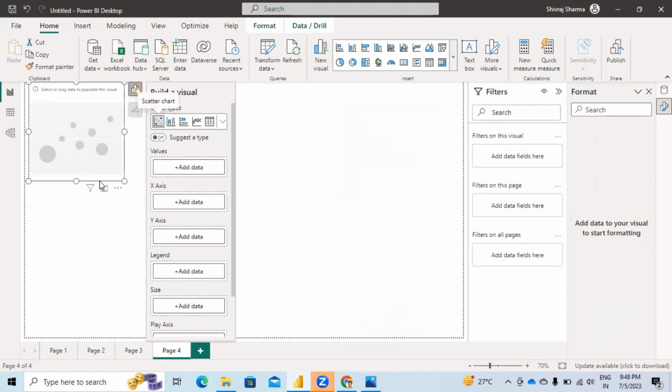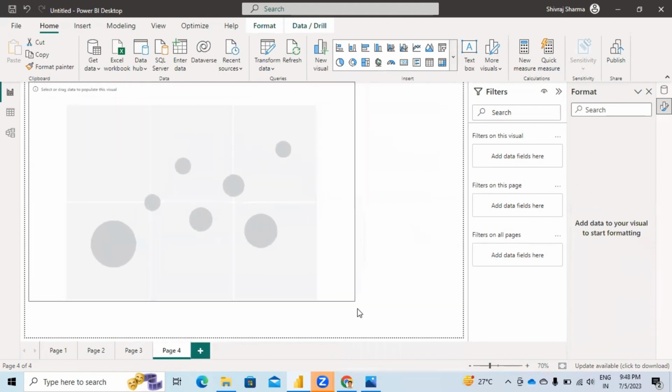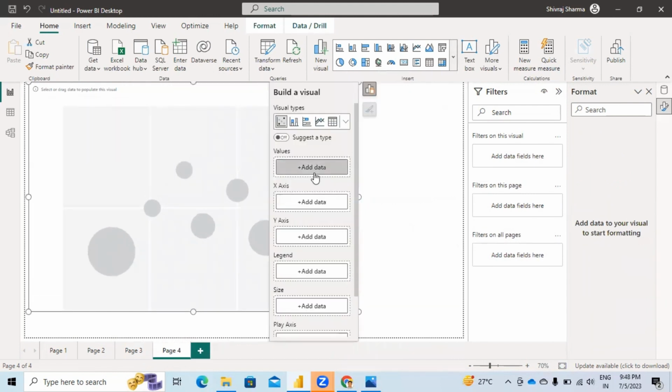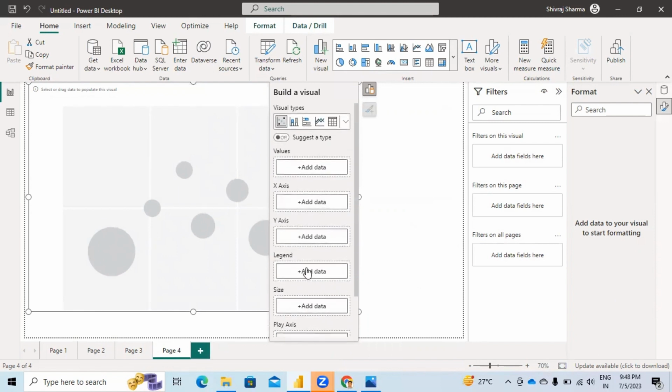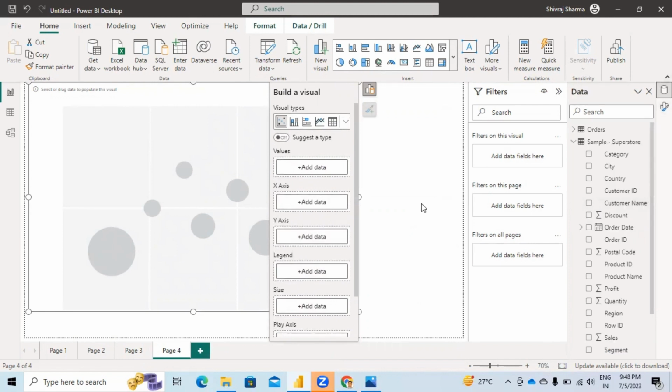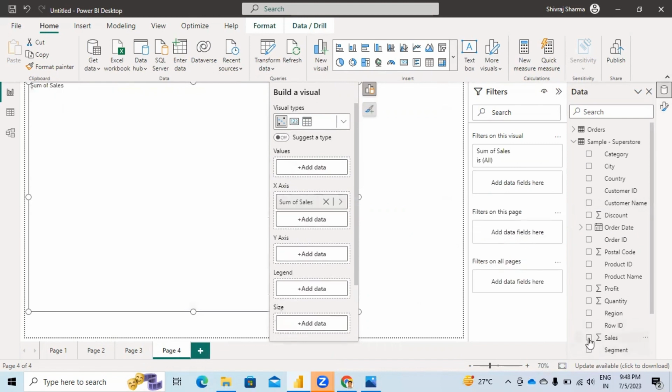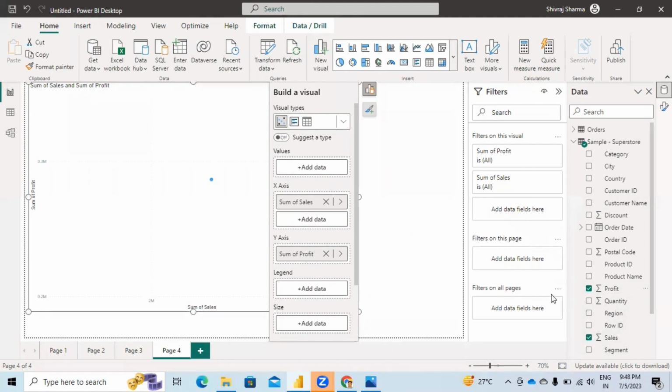So scatter plot, let's see. The value X, Y, legend, size, play axis, and the tool tips. Okay. So let's select two data. First of all, let's select sales and the profit. At least two numeric values or numeric data is required in your